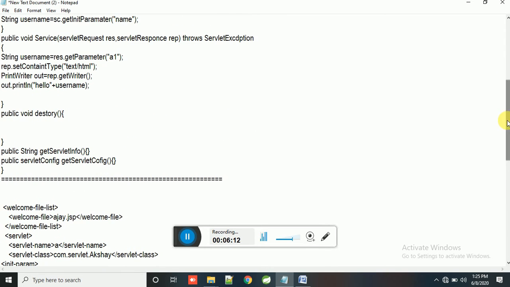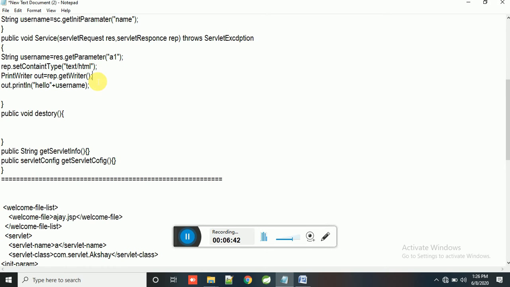getInitParameter, then by username it will go into that particular variable. And another way: here is how to send a response, because there are 2 parameters, request and response. How to send a response by using setContentType. Here you can send text data, HTML data, your PDF file, your audio, video, whatever you want, through your browser. By using PrintWriter, you can write that object and get that object by using the println method.